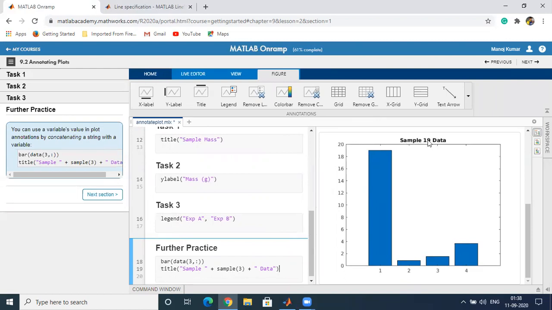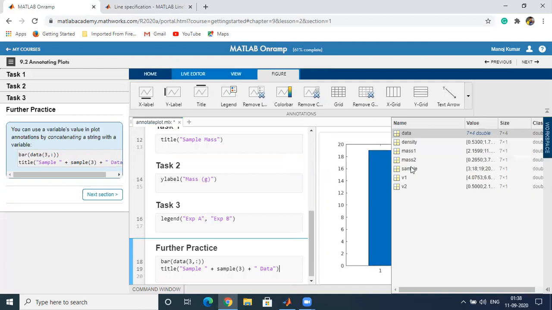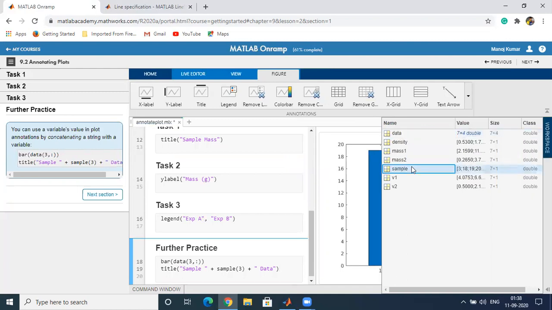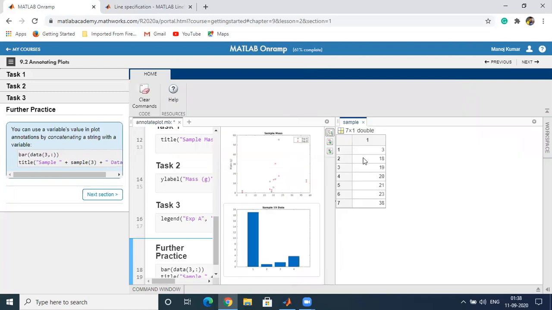So sample, third element of the sample, comma data. You can see the value of sample and its third element. You can see the third element of the sample is 19. So it will plot sample 19 data.